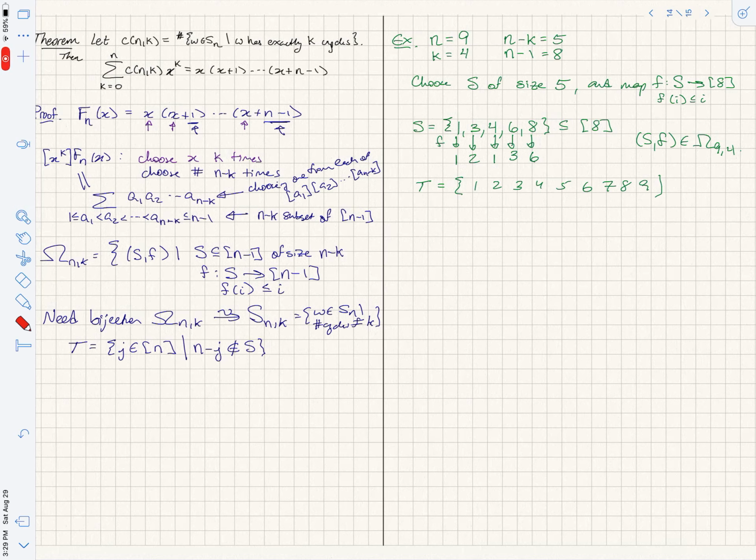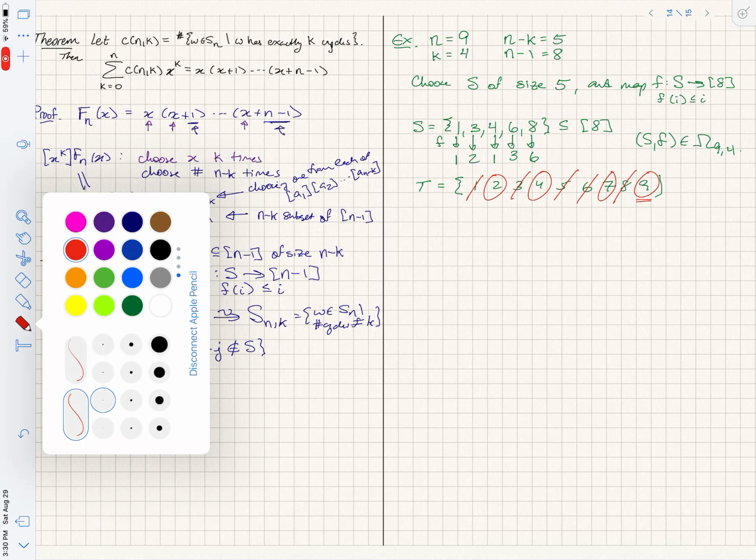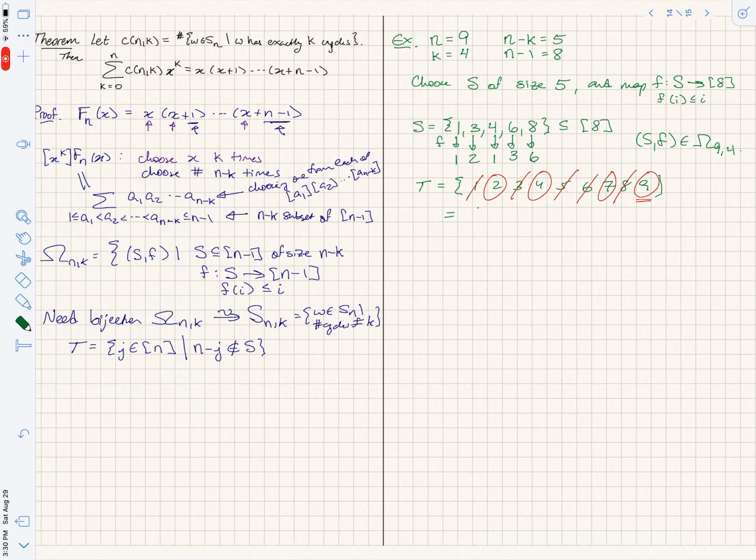So here, 9 minus 1 is 8. 8 is in S, so this is out. Okay? 9 minus 2 is 7. It's not in S, so 2 is in. 9 minus 3 is 6. 9 minus 4 is 5. 9 minus 5 is 4. 9 minus 6 is 3. 9 minus 7 is 2. 9 minus 8 is 1. And 9 minus 9 is 0. Remember that this last guy is always going to be an element of T. So my set T, just to write it back in a sensible way, is 2, 4, 7, 9,